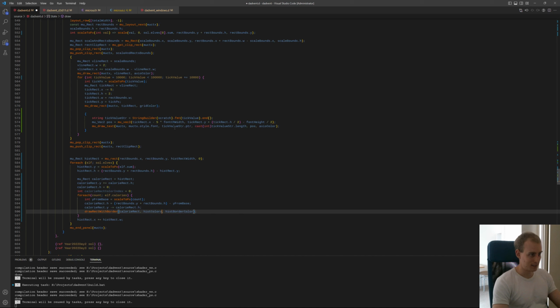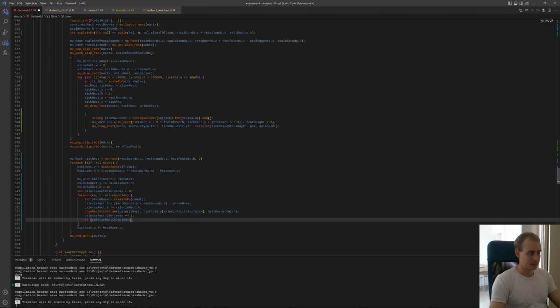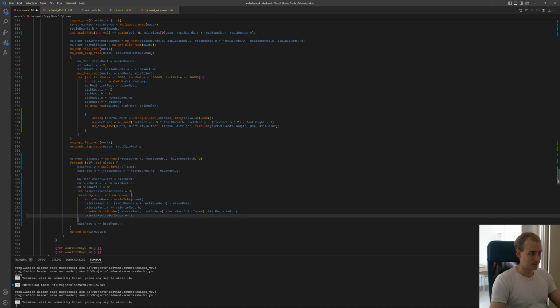Hist colors. Calorie rect color index plus equals 1 if... well, actually it's just that plus 1 mod